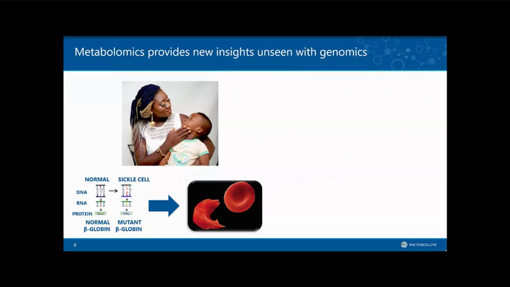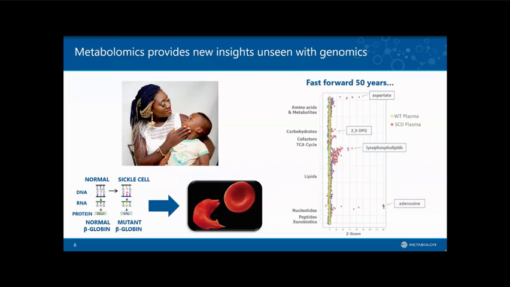And despite knowing the mutation for over 60 years, the genetic basis of this disease remains untreatable to this very day, and the mechanistic basis of this disease is unknown. It wasn't until a metabolomic study was done recently, flash forward 60 years, that insight was provided into the metabolic basis of this disease, that provides therapeutic opportunities and insights for how to treat these individuals that are currently facing an untreatable situation.